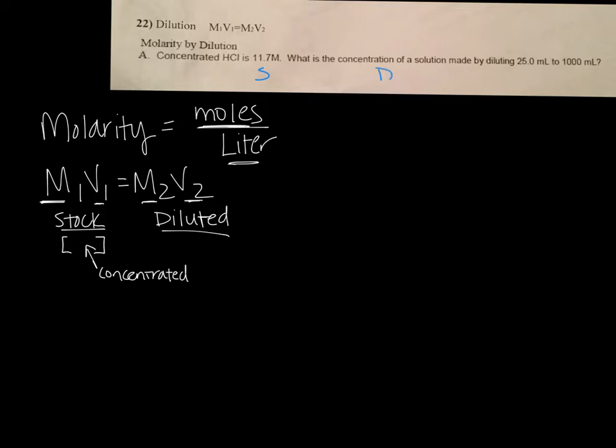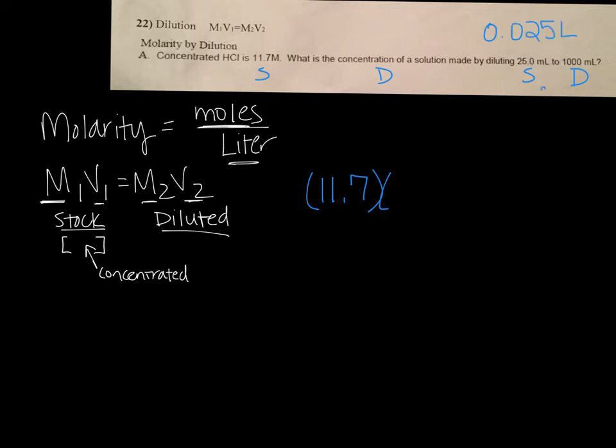So we want to know what is the diluted concentration by diluting 25 milliliters of the stock solution to 1,000 milliliters, okay? So knowing that, we're going to go ahead and put this into M1, V1, M2, V2. So I'm going to start with my 11.7 molar solution, okay? We have 25 milliliters, so that is equal to